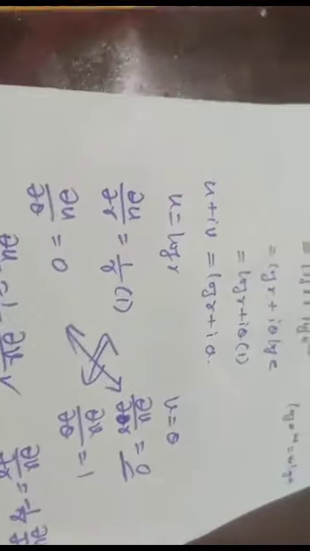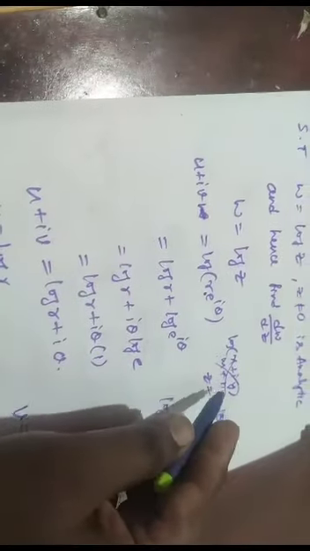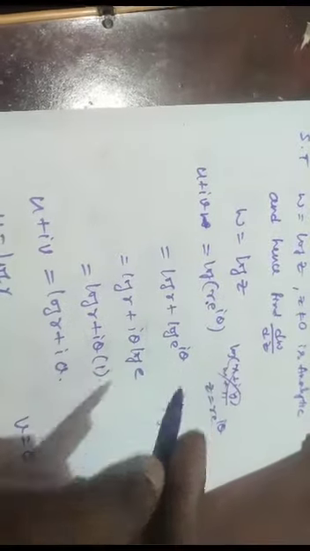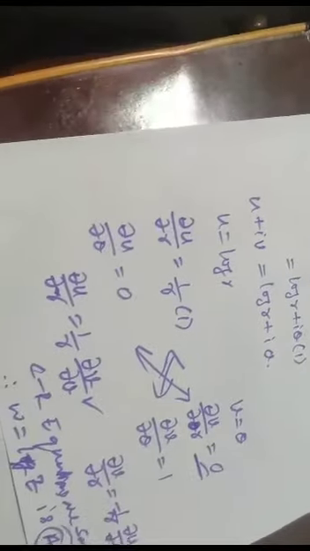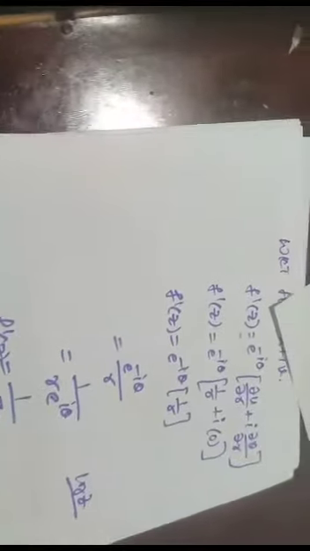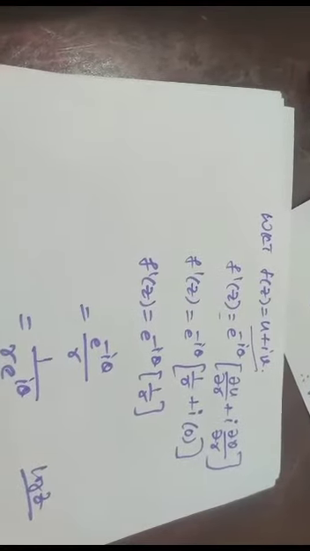This is how we have to find it: first we have to check whether the given function is analytic or not. Here we can't apply Cartesian, so we go for polar, r into e power i theta. After that, we have to find the derivative of an analytic function by using f dash of z. Here in polar, f dash of z is e power minus i theta into dou u by dou r plus i into dou v by dou r.